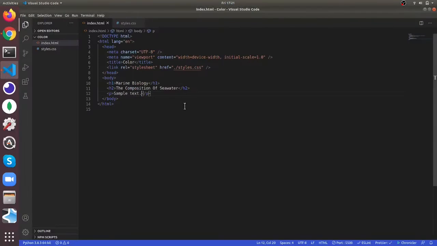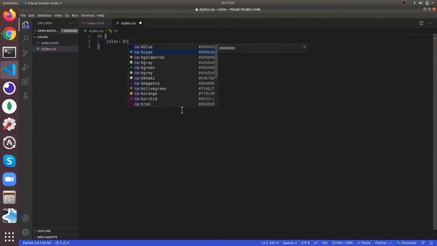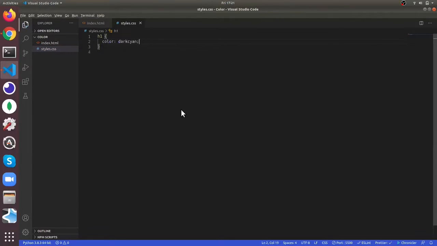So now here h1 we can give color dark cyan, and then